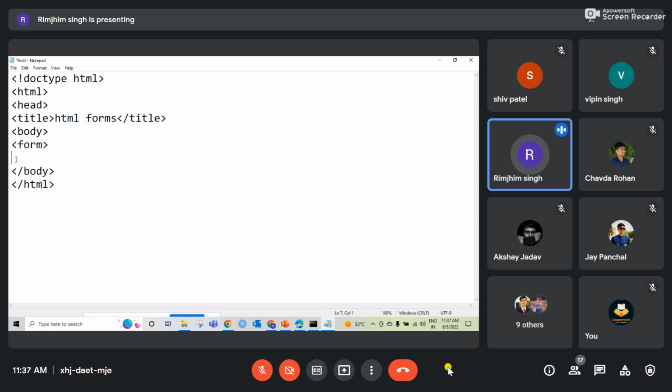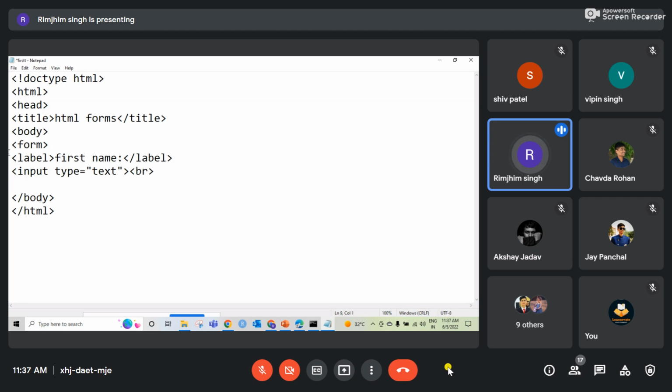Okay, so what I'll do is first I'll declare labels. So I'll have label, and then for my label the value which I'm giving is first name, and then I'll close my label. Okay, and then for this my input type would be text. So what I'll give is input type is equal to text, which would be in double quotes, and then to have a break, let's use br tag. Okay,